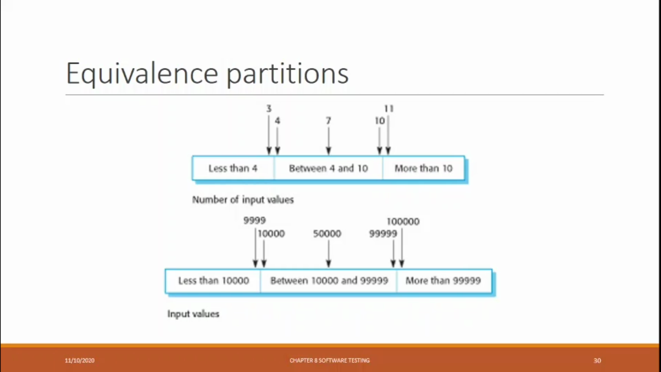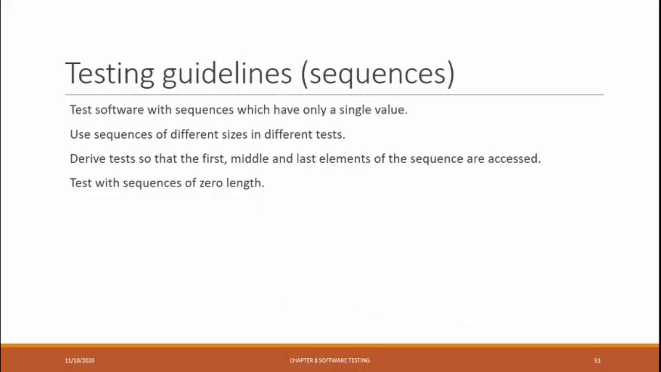So this is how the test cases are designed to check the components. Test guidelines: test software with sequences which have only a single value. Use sequences of different sizes in different tests. So some sequences will have 4 digits, some will have 5, some will have 6. Depending upon that, define the test cases in different tests, and derive the tests